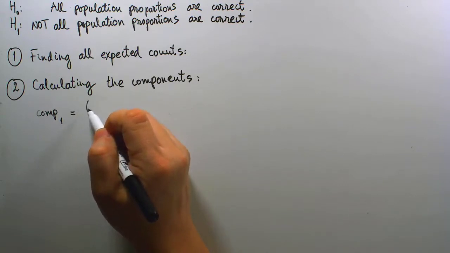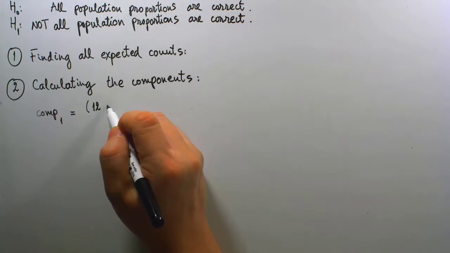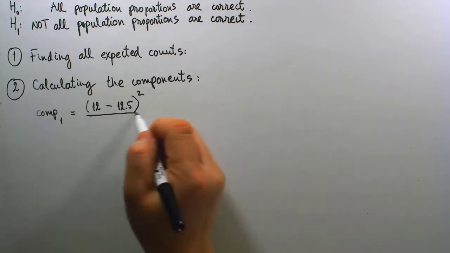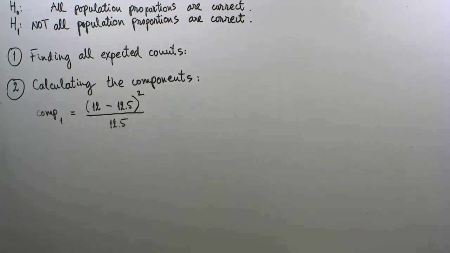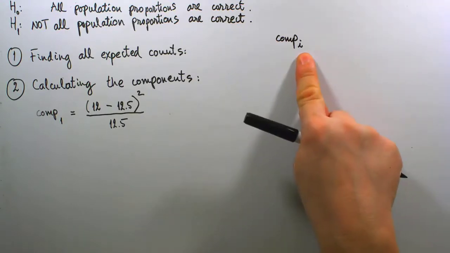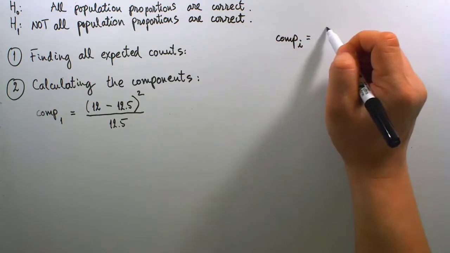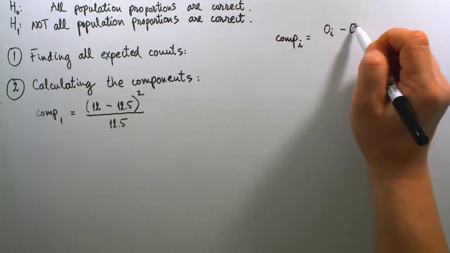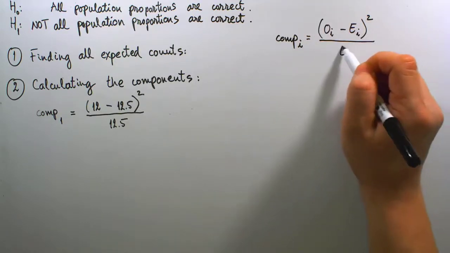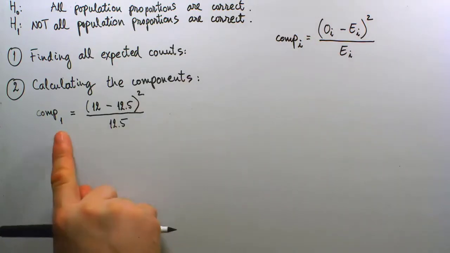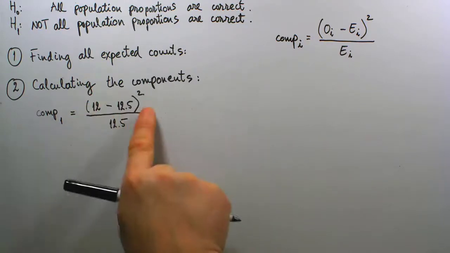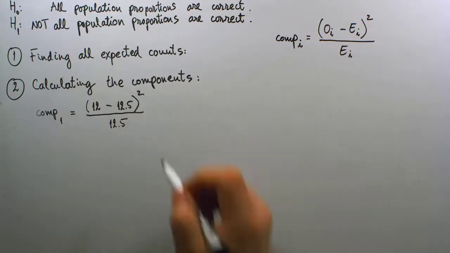The observed count there was 12. And now I'm going to subtract the expected count being 12.5, square the difference, and divide it by 12.5. And so I need to remind anyone that components at any ith category can be found by observed count minus expected count of the same category. Then square the difference and divide that square by the expected count of the same category. So here, when we're at particularly category 1, the components there is (12 - 12.5)² divided by 12.5. Calculation of mine show